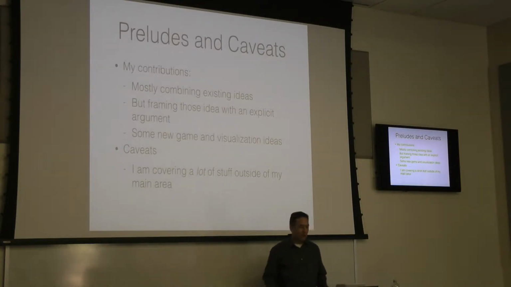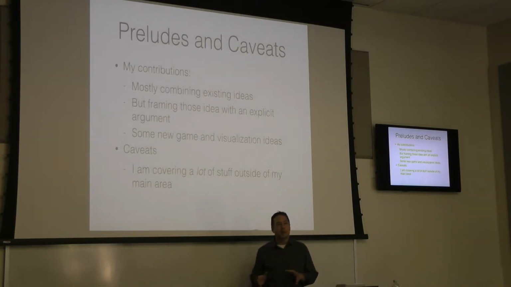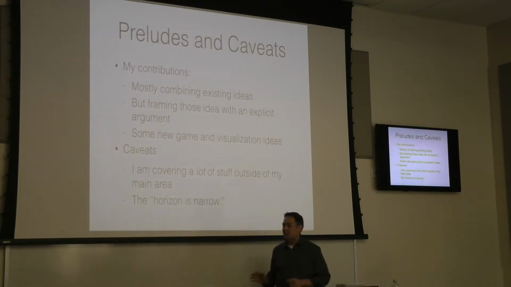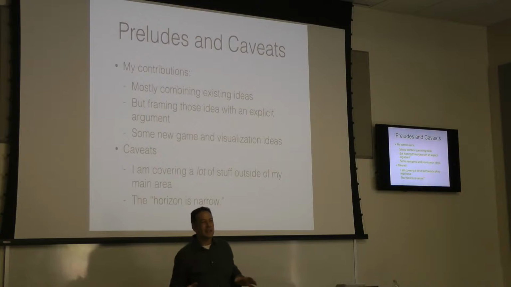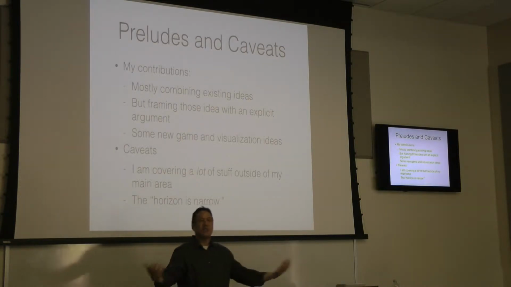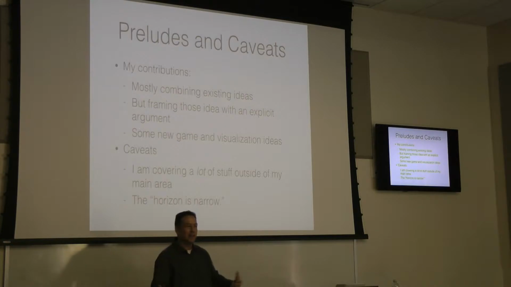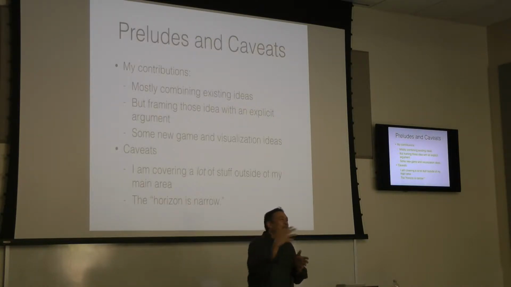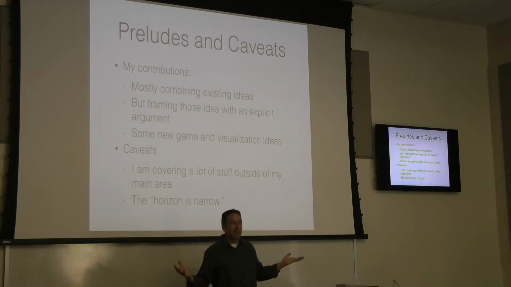So I'm covering a lot. I've been into this for about 3 years now, and I'm learning history, I'm learning biology, I'm learning metaphor theory. There's a lot of experts in the room on metaphor theory. And so in phenomenological terms, you could say that my horizon on this is narrow. If you've got a rich horizon on some topic, it means you're really comfortable with it, and from any point in the discussion, you could follow the discussion anywhere. Like if you're teaching something you've taught 5 times, any question comes at you, you could handle it. When the horizon's narrow, it's like you've just cleared out one little path through the woods, and if I get pressed a little in any direction, I might not have the answer, particularly in biology.